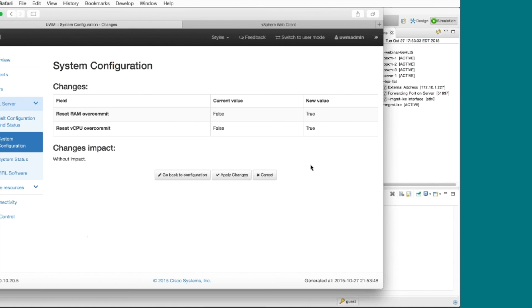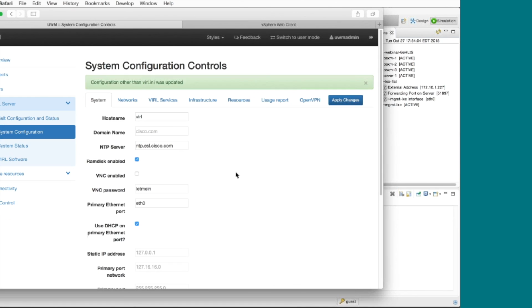And then if you find values that seem to work pretty well, or you find ones that are particularly sensitive, like XRV is very happy with a higher RAM overcommit, but CSR 1000V isn't, that would be great information to share with all the other users on the forum, especially when you're talking about, say, third-party VMs that we don't track ourselves.